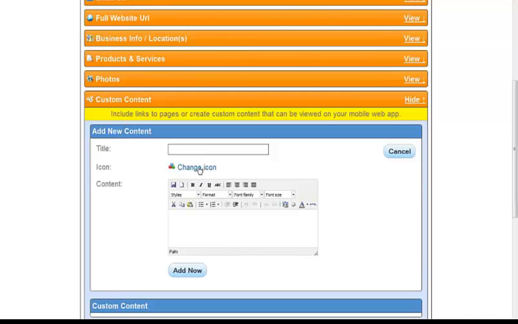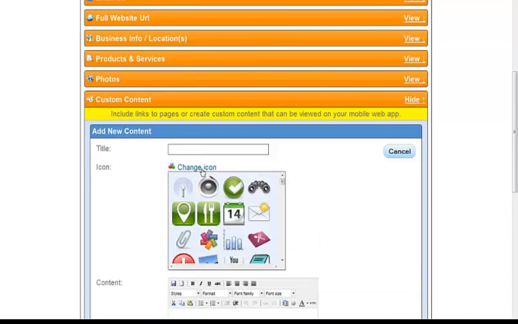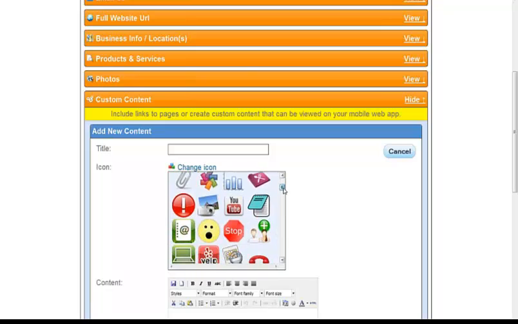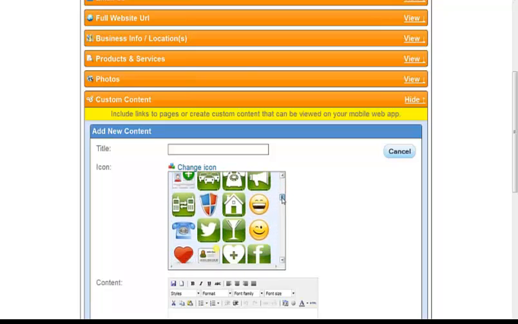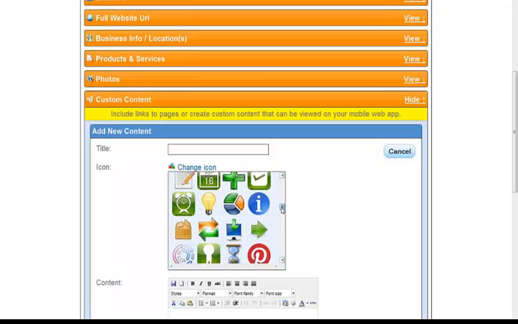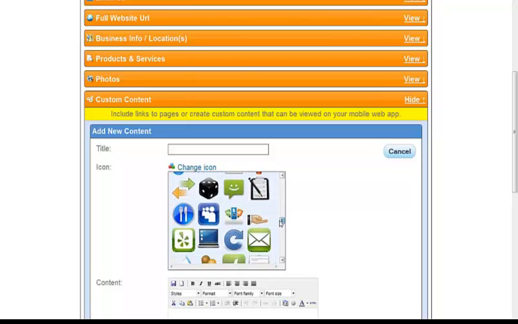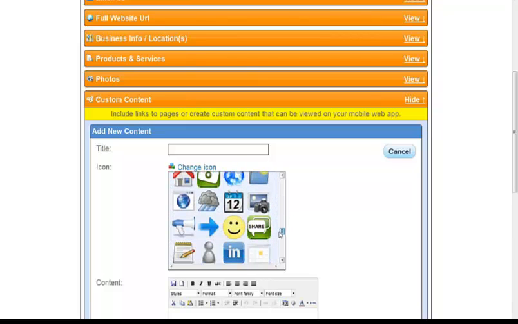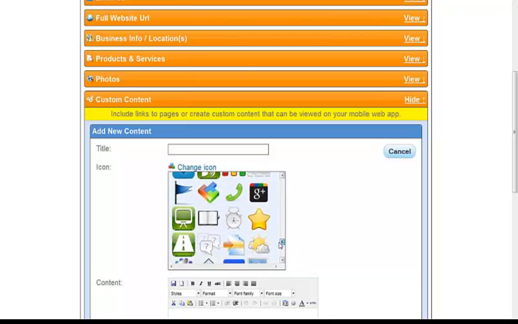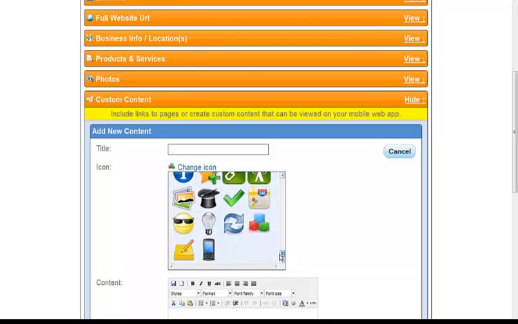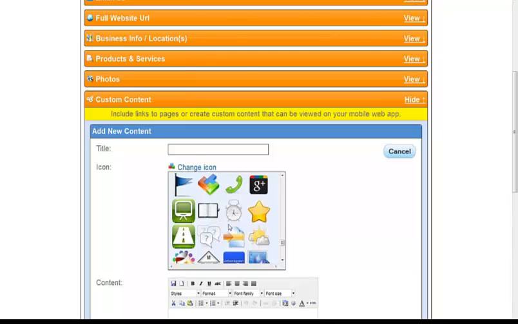Now, this is all recorded, so you can go back and you can stop it and carry on and do what you got to do. Okay? Go to change icon and find an icon in here that you want. Or you can make one, but this is really a quick way to do this. And I'm going to find an icon here. Let's see, there's one with a road on it. Let me take the road.